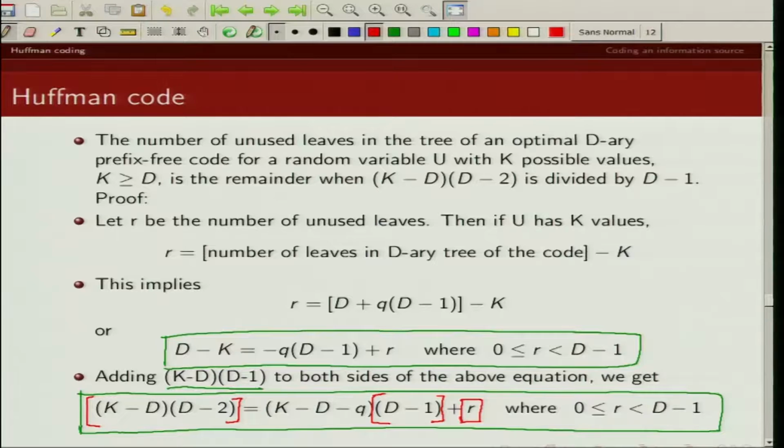So for an optimal D-ary prefix free code, the number of unused leaves is given by dividing (k minus D) into (D minus 2) by D minus 1, whatever remainder I get, and those unused leaves must be at the largest depth.